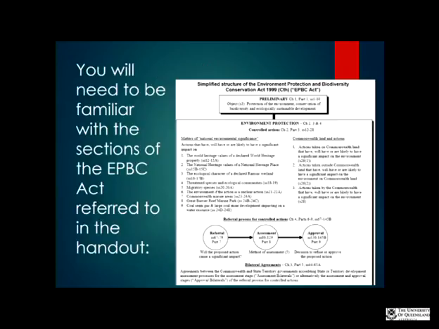You'll remember last week I referred you to certain sections of the EPBC Act. The reason that I did that is you may not have had a chance to read it yet, but the handout that you were given last week goes through and shows you all the different sections of the EPBC Act that you need, and explains the approval process, the referral process, the assessment process. It's a wonderful summary document that Chris McGrath put together, designed to help you navigate the EPBC Act and understand what it has to say. So make sure that you do understand the approval processes that apply.